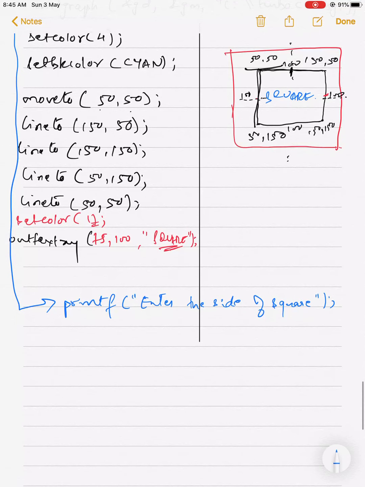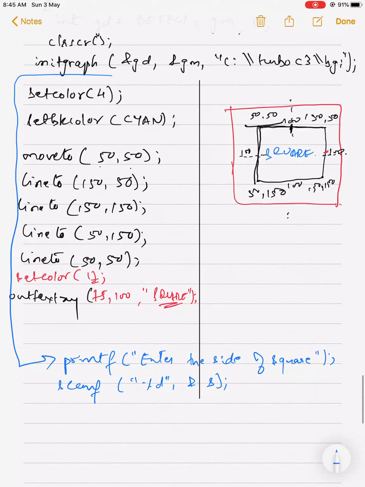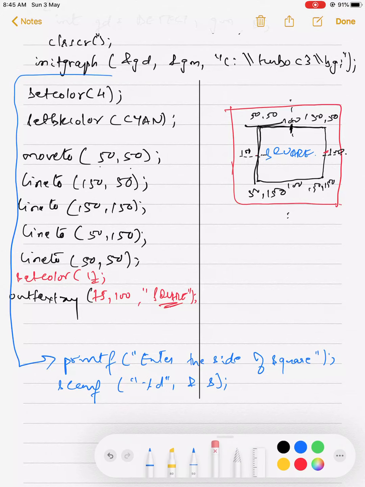Okay, scanf %d, &s. Done. Okay, now what I'm going to change, please pay attention.